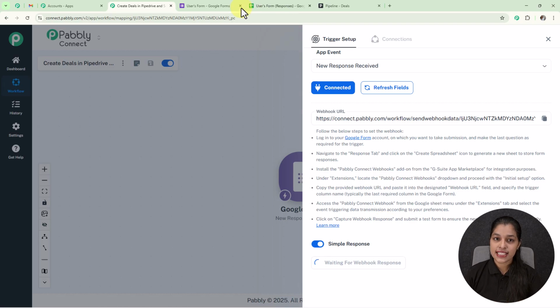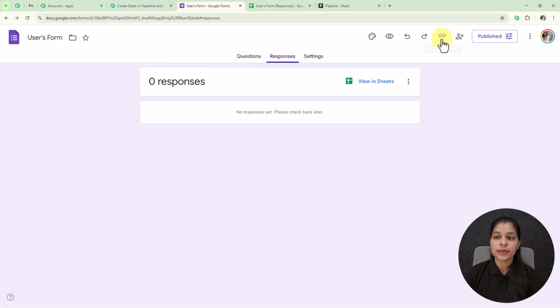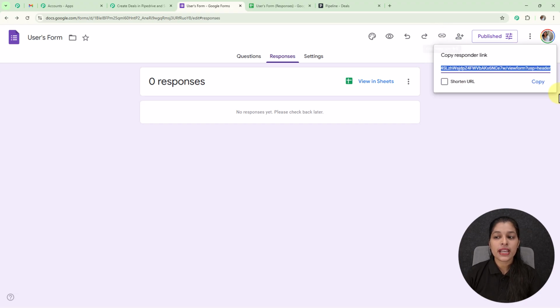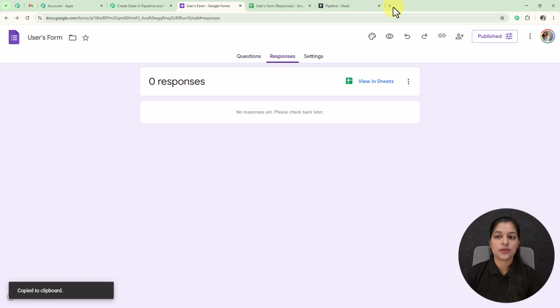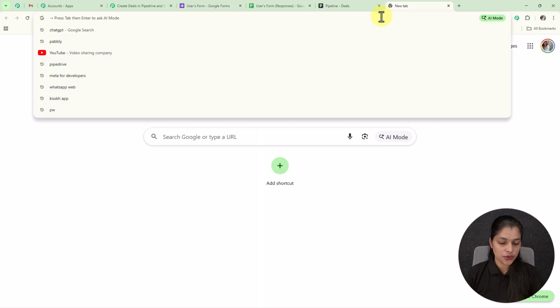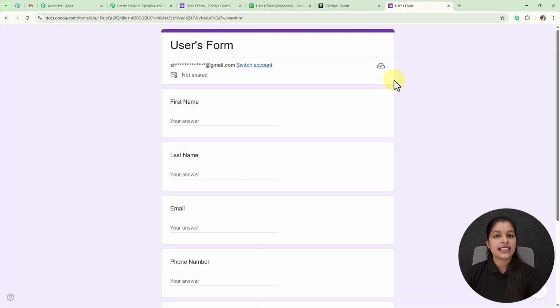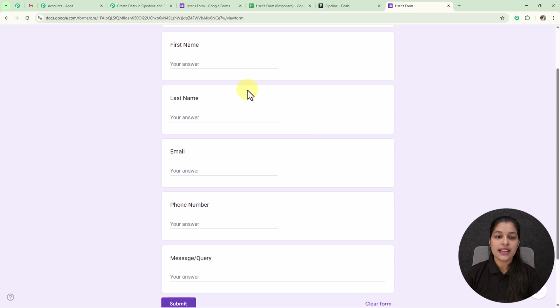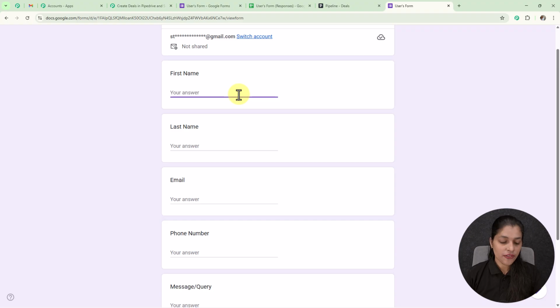Now let's enter our test data and provide the webhook response. To get the link of your Google Form, you just have to move to the Google Form, and here you will get this option to copy the responder link. Let's copy it from here and paste it in a new tab, which I am going to do. So here I have pasted the link of my Google Form, and here I am getting my Google Form. Now I'm going to fill this form, providing my first name as Smart, last name as User, email is